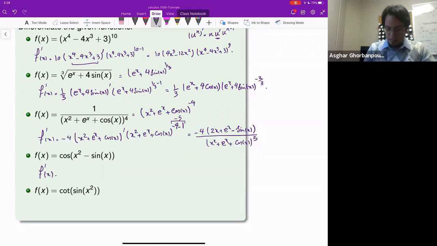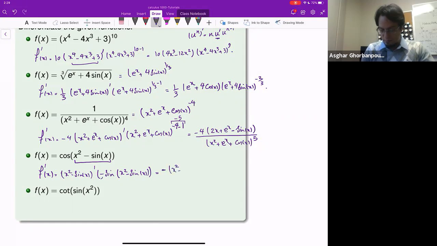This one is, you see, the derivative of cosine of something is first the derivative of that something, u prime, times the derivative of cosine, which is minus sine, but evaluated at that given inner function. Oh, I have to differentiate, sorry. This is 2x minus cosine x